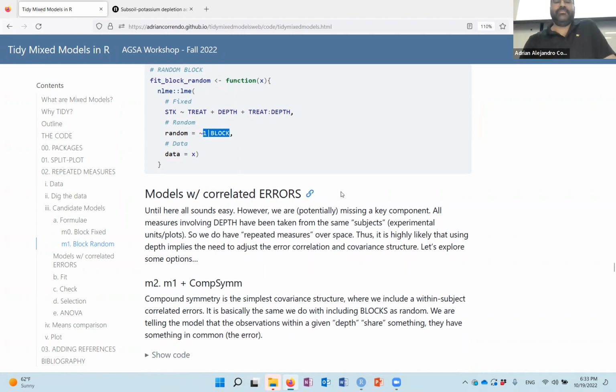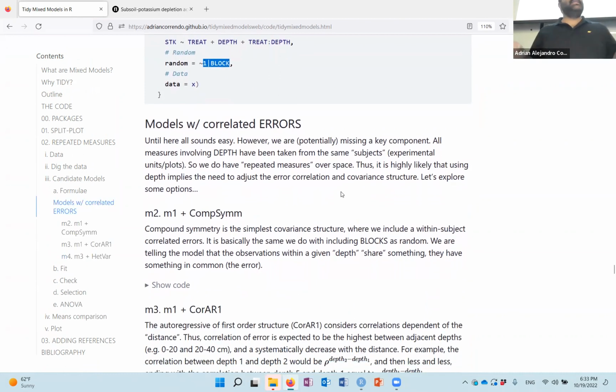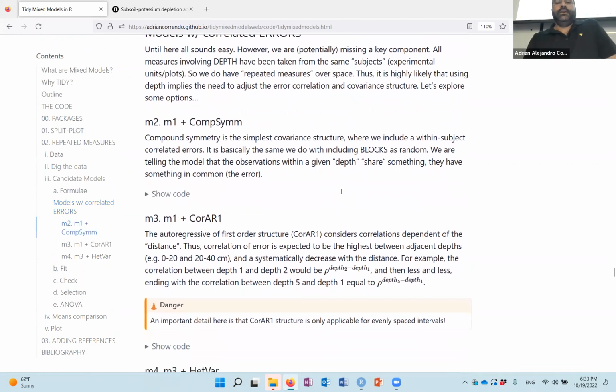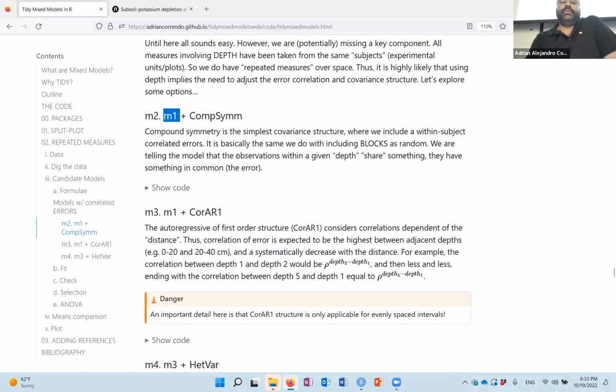But until now, we have these 2 models, and I would say M1 is better for me, right? But still, we have unsolved this problem of the correlated, repeated measures, right? And the different variances that we have. So we need to somehow address this, at least to test different candidate models to see which one is doing the best, okay? So now let's say that we have M1,